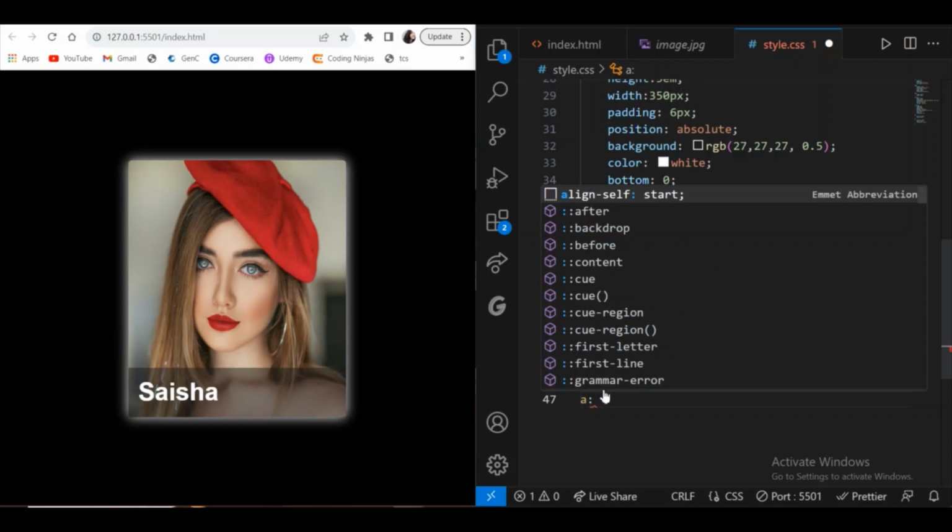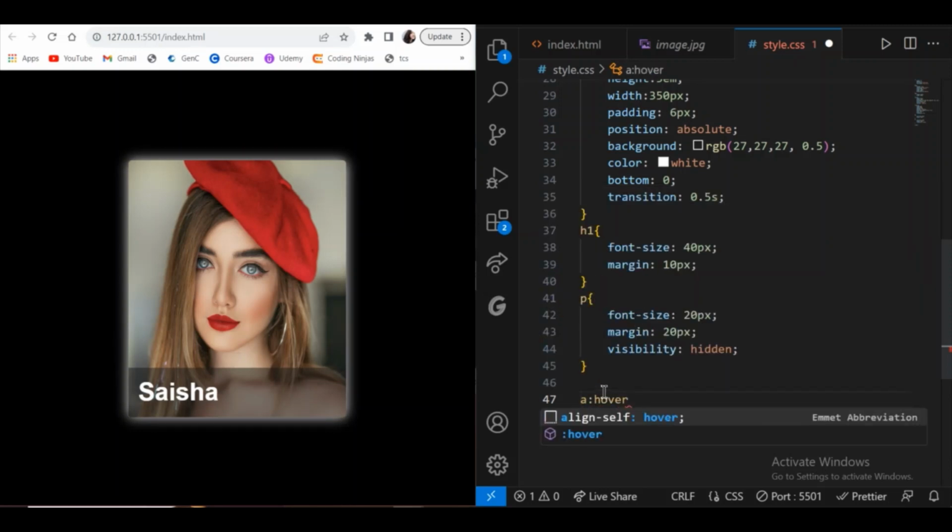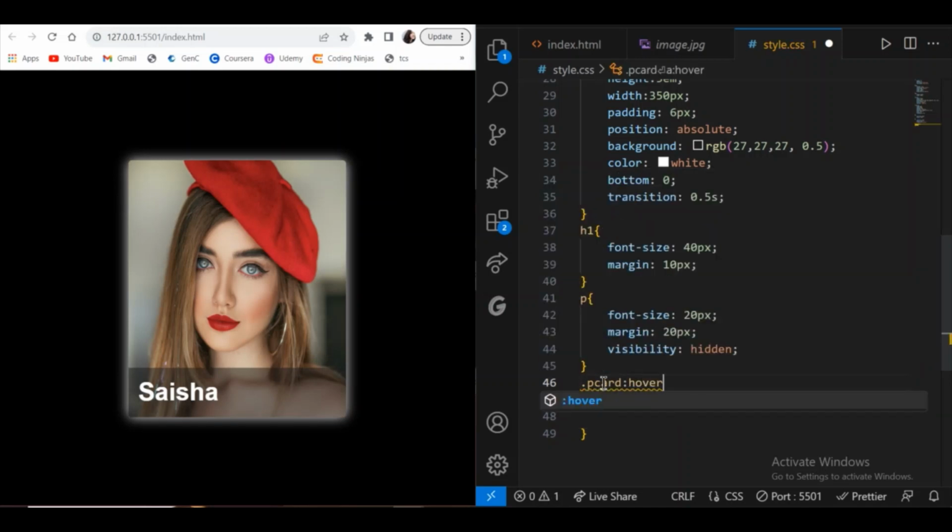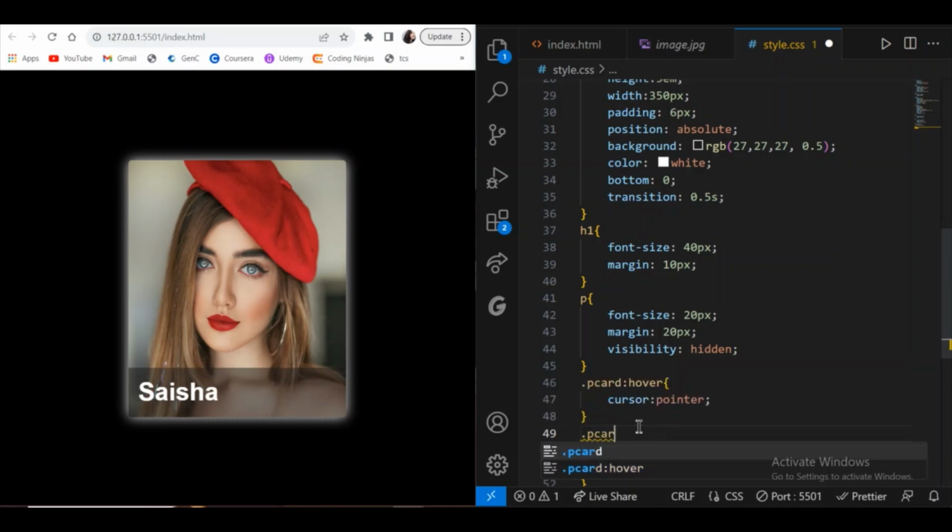So A hover, I'm keeping it like this for now, I'm not adding the hover in A right now, and dot pcard, okay, pcard hover. On hovering on pcard, cursor should be pointer. I have to make the caption visible when I hover on it. So dot pcard hover dot caption,